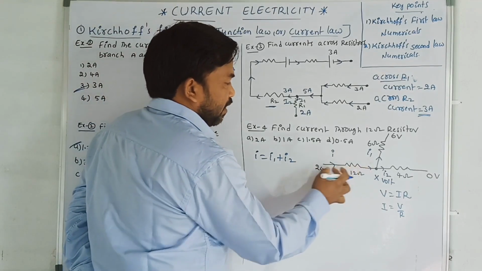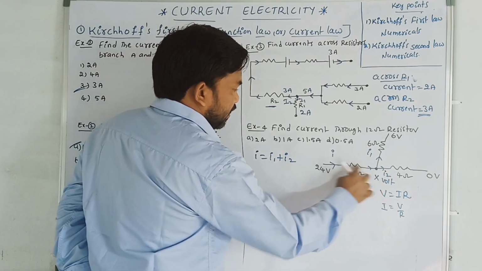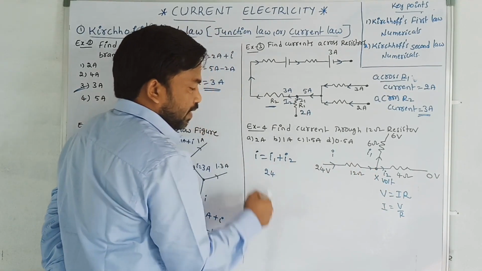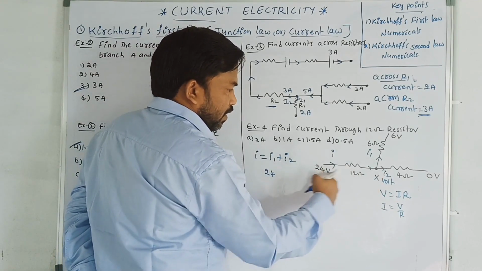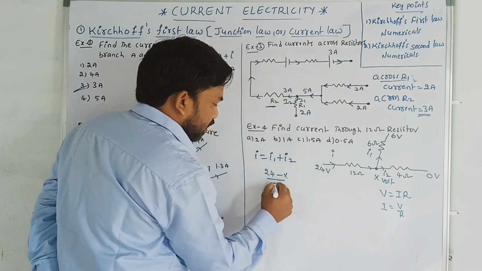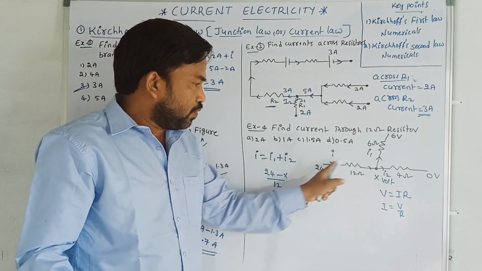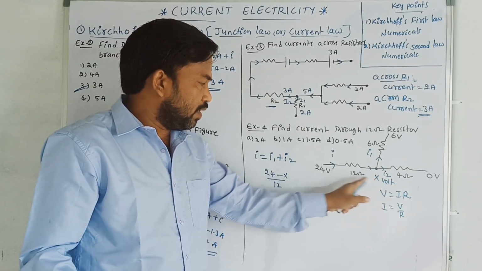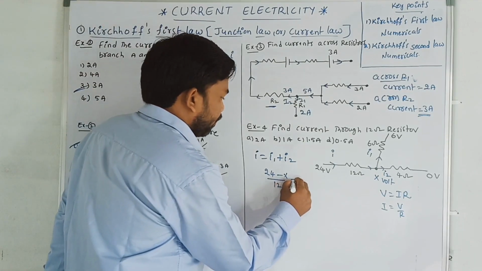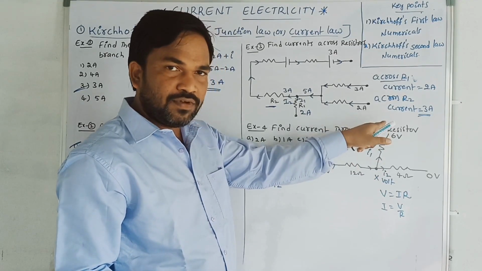Now I am applying Kirchhoff's law from here to here, that is, at this junction. I is equal to V by R. How much is the current? This is the potential difference, 24 and x volt, by R. What is the resistance? 12. So I is equal to 24 minus x by 12, between the two potentials 24 volt and x volt, by the resistance of 12 ohm. This is equal to the I1 current, the current flowing in this branch.